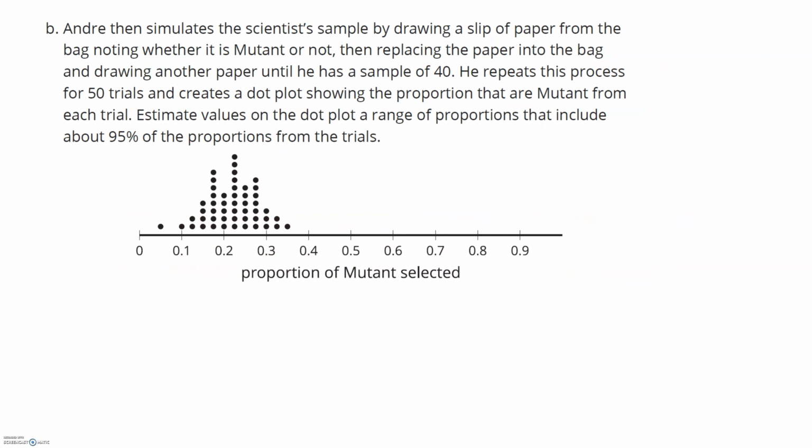Okay, next one. Andrew then simulates the scientist's samples by drawing a slip of paper from the bag, noting whether it is mutant or not, then replacing the paper into the bag and drawing another paper until he has a sample of 40. He repeats this process for 50 trials and creates a dot plot showing the proportion that are mutant from each trial. Estimate values on the dot plot, a range of proportions that include about 95% of proportions from the trials. Okay, stop right here